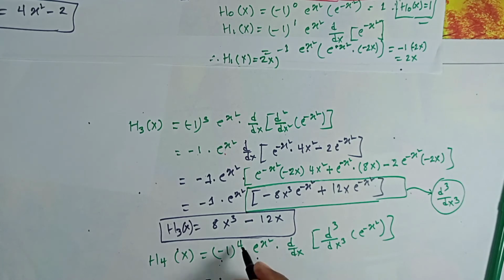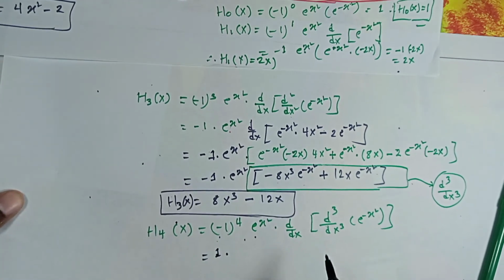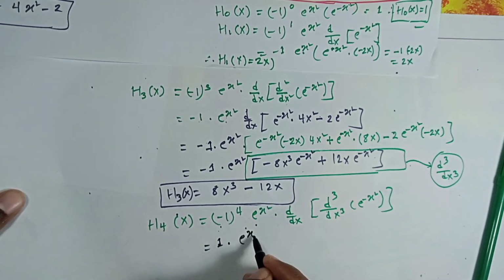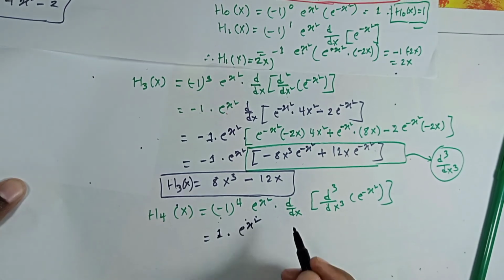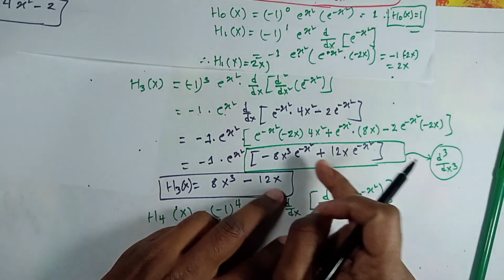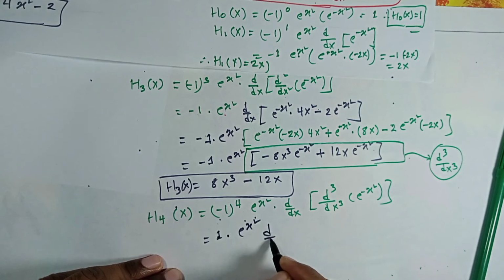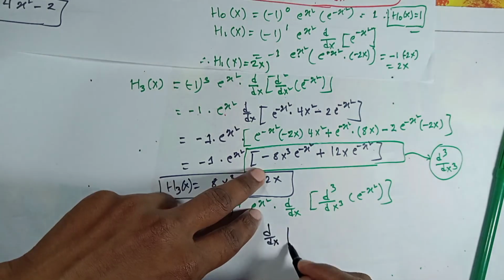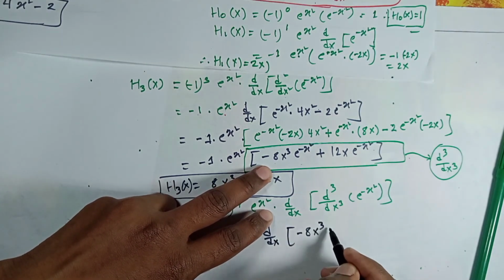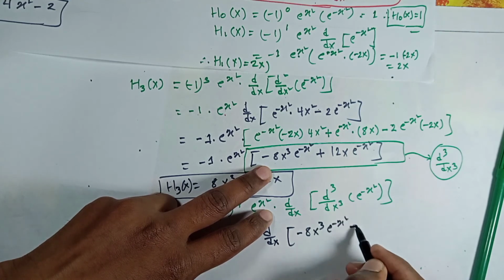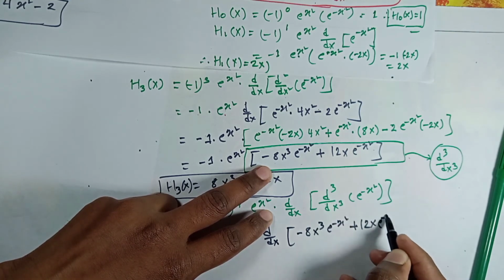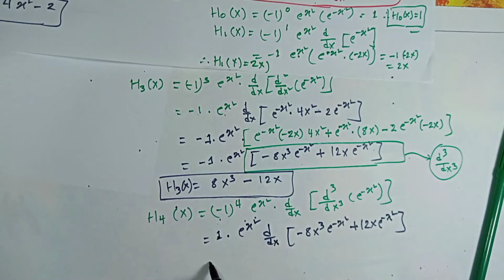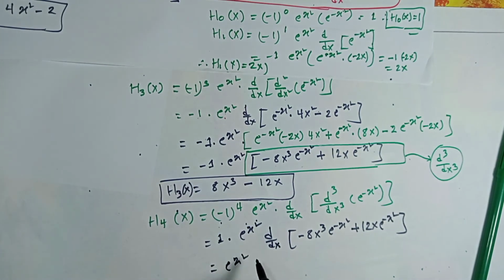Minus 1 power 4, that is nothing but 1 into e to the power x squared into d dx of this. Okay, d dx of 8x cubed e to the power minus x squared plus 12x e to the power minus x squared. Okay, that is e to the power x squared into